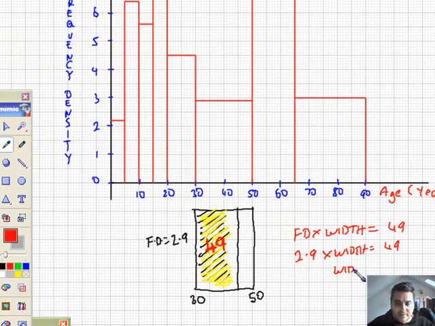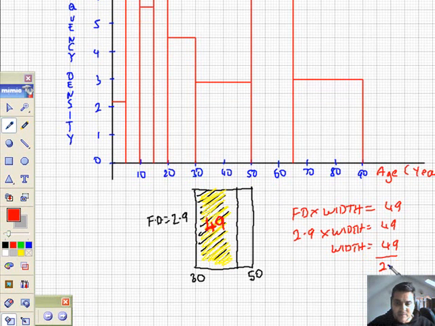Therefore my width is going to be 49 divided by 2.9, and that comes to, I don't know, but I can't wait. So 49 divided by 2.9 equals 16.896. I'm going to call that